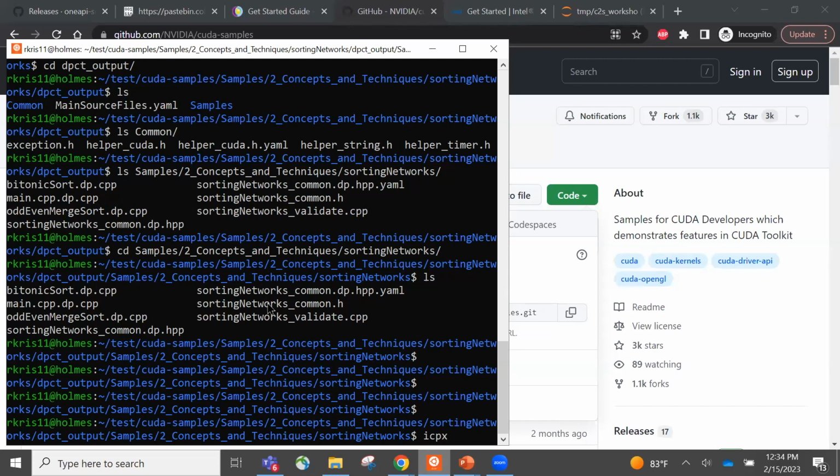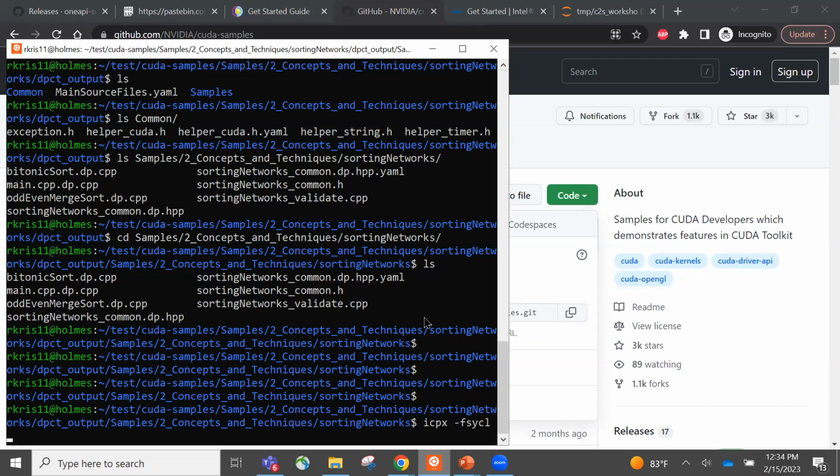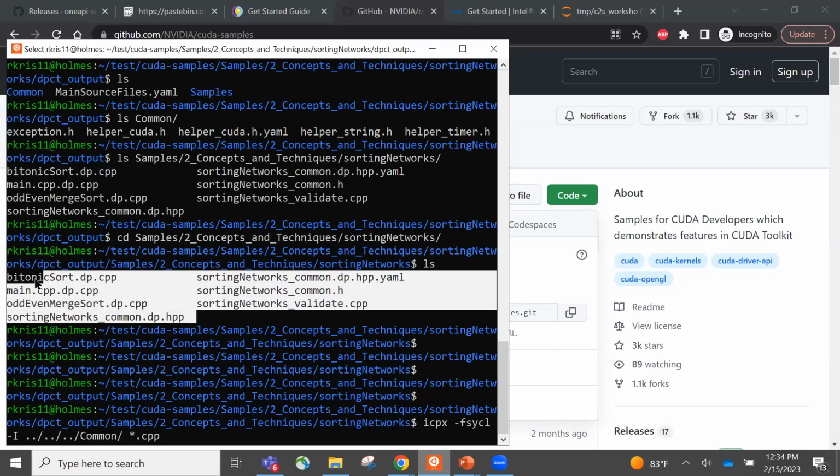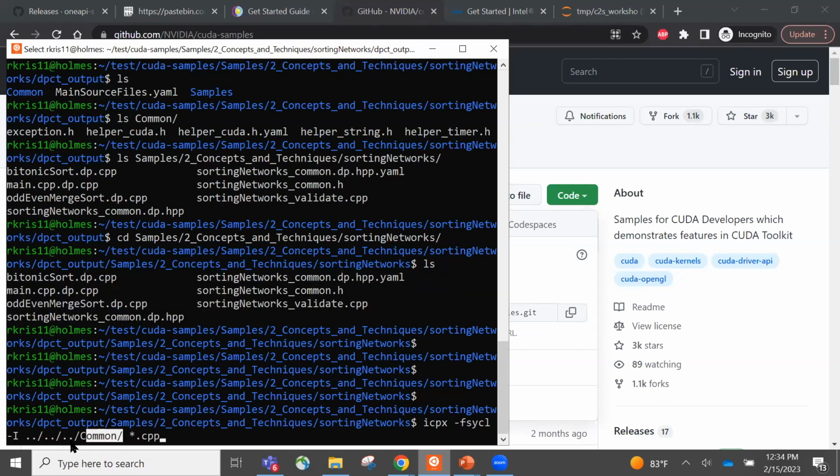You may not be able to compile this if you haven't installed the Intel compiler, but if you have installed it, all you do is input to SYCL and then specify the include path, which is three directories back, and then there's a common, right? And then you can just say startup CPP. So it compiles all the CPP files that you see in this directory, plus we are including all the dependencies here in the common folder. So if you run this command,